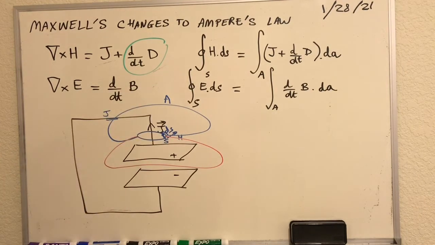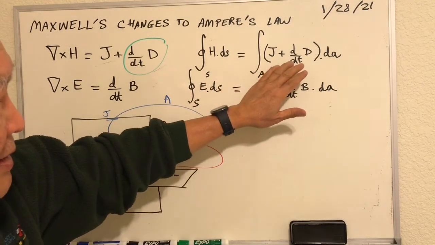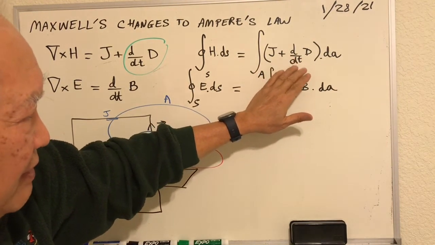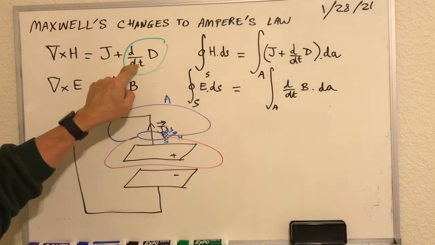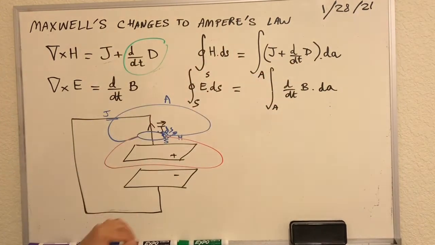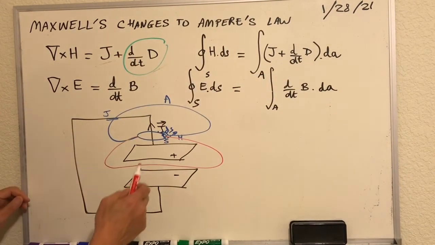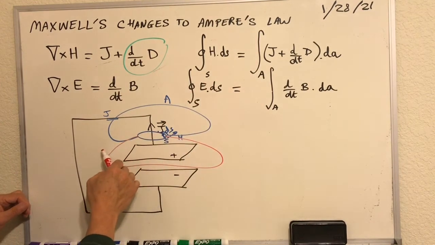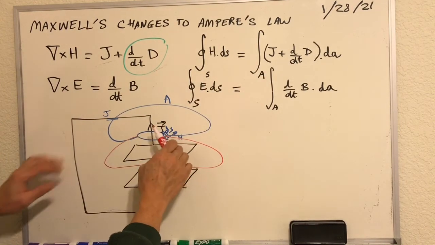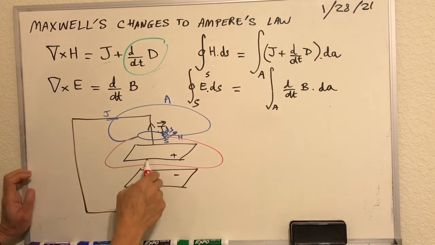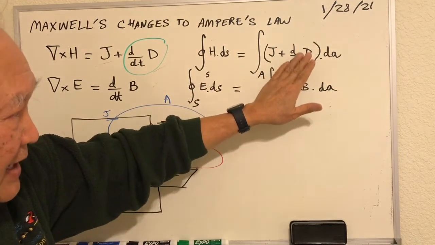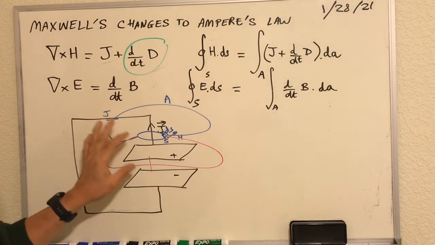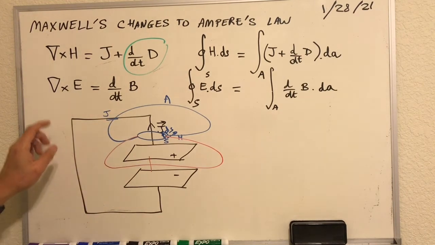So what Maxwell did was he added a time varying component, which is the derivative with respect to time of the electric displacement, into this equation, and that shows up here or here. The two sides are equivalent. When you do that and check the integration over a surface which does not intersect with the current, you will now integrate the time varying part of the electric displacement, and the result should come out to be the same. So in summary,